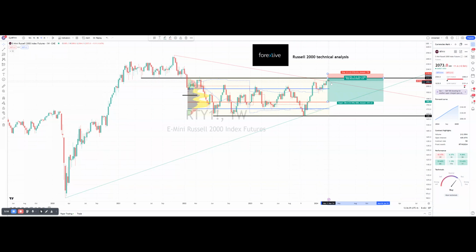Watch out for this week, a very important week. Do we protect this red line, or do we start heading south towards the prices that I mentioned, and do trade the Russell 2000 at